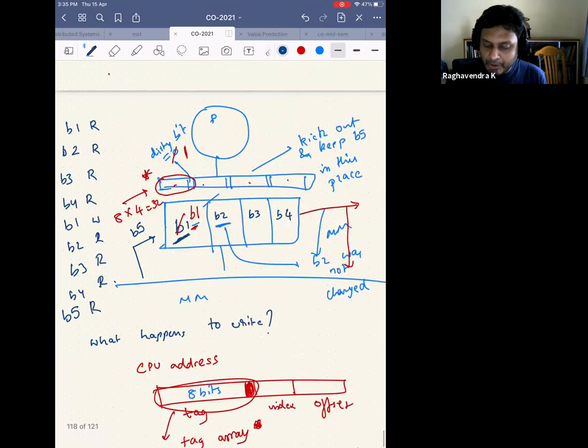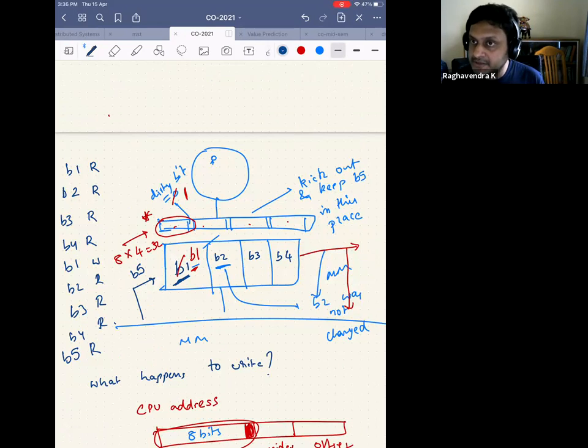My question is, there's one more glaring problem with the design. I said having this write bit, I write it to the main memory only if there is an update to that particular block in the cache. I write it to the main memory. But do you think that I can do something else other than this? Or do you think that there's an issue with this design?